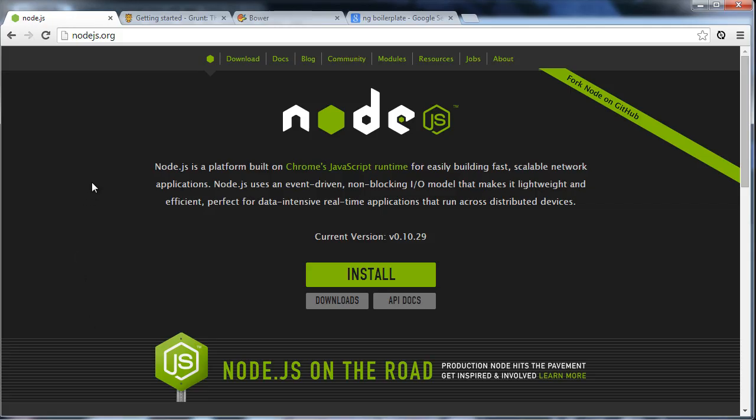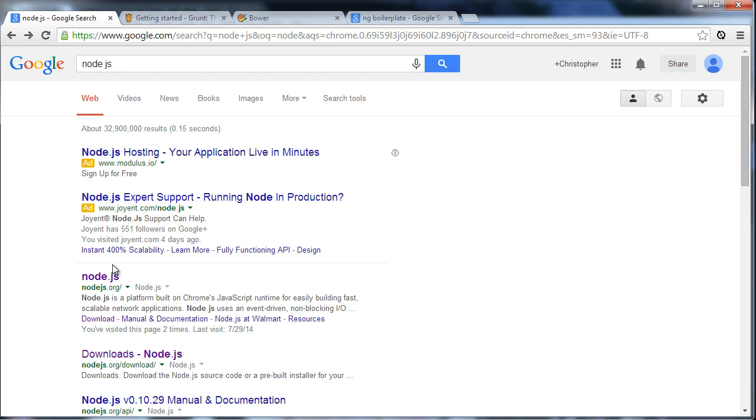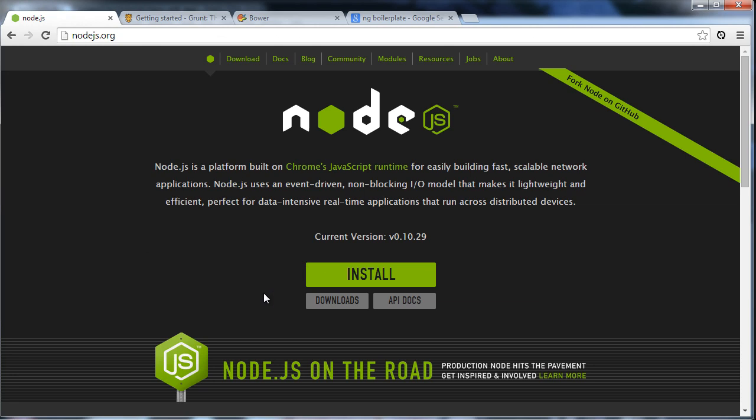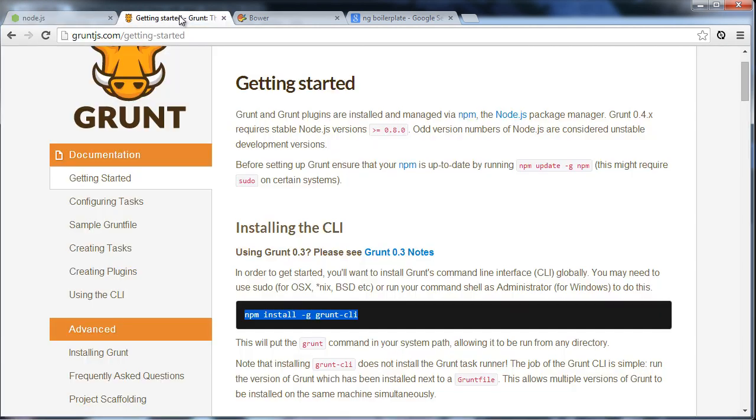So you'll want to go over to Google and search Node.js, and you'll want to click on this link here, and you'll want to install Node.js. Now, installing Node.js will install the Node package manager, which is what you'll use to install both Grunt and Bower. So once you install Node and you have the Node package manager installed, you'll want to execute this command on